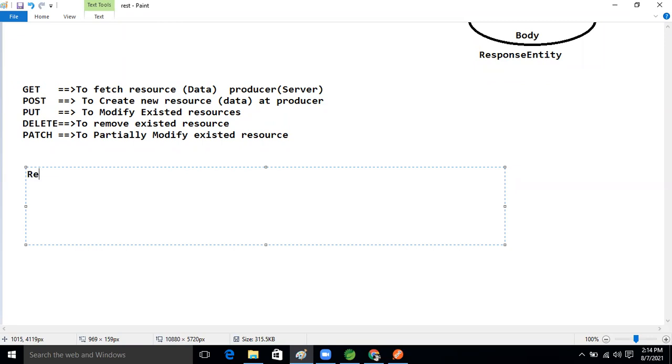The return type is ResponseEntity. In this entity, there will be a status code plus a body.